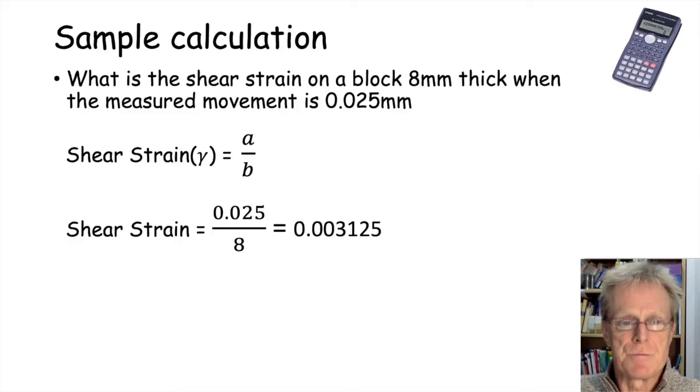So here we have, what is the shear strain on a block 8 millimeters thick when the measured movement is 0.025 millimeters. So we've got our shear strain equation here, A over B, and we simply put in A, which is the actual movement, which we're told is 0.025 millimeters, divided by the thickness itself, which is 8 millimeters. Because both units are in millimeters, we don't need to convert them through to meters because the units cancel out, and the shear strain on this comes out at